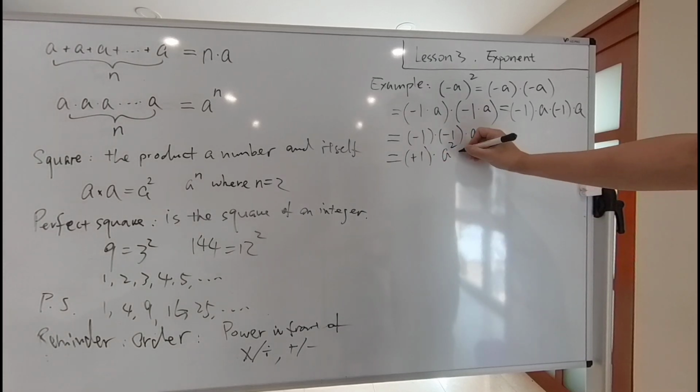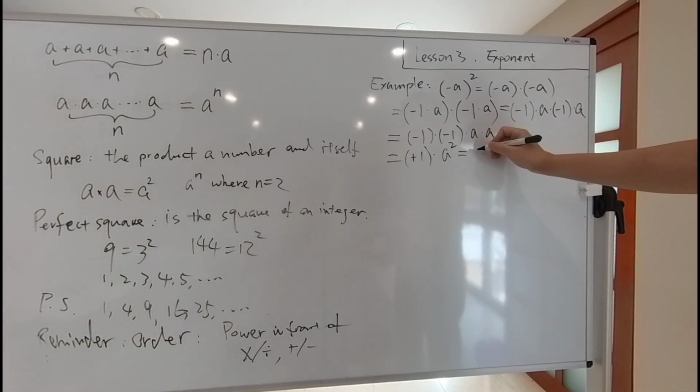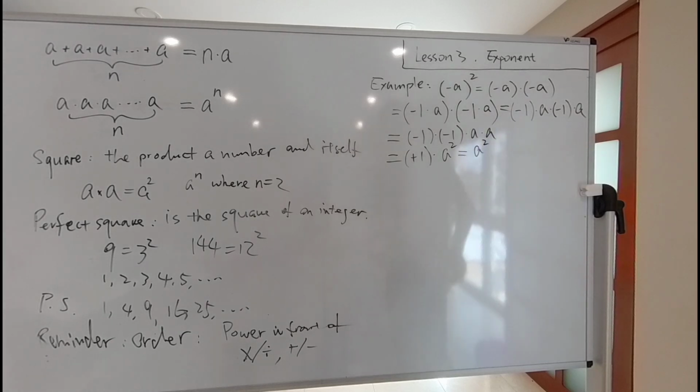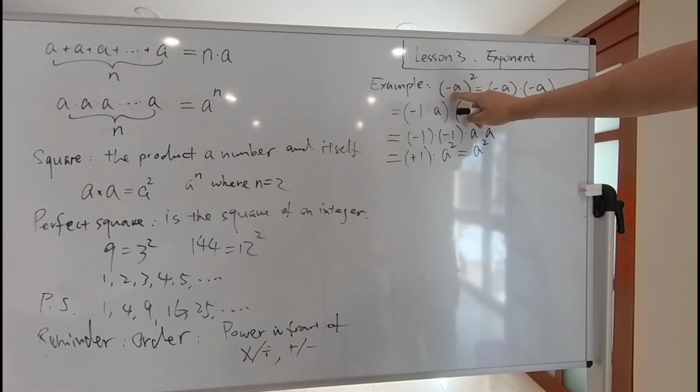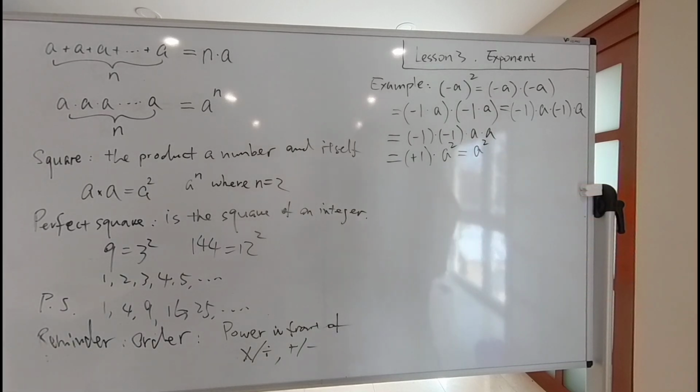And because this is a positive sign, eventually it's just equal to a square. So which means minus a square equals a square. Right, then what happened